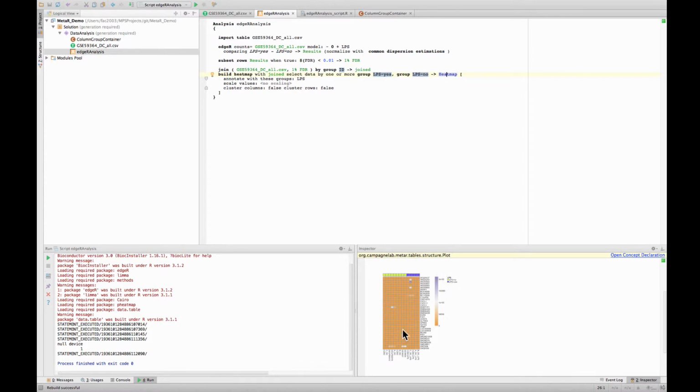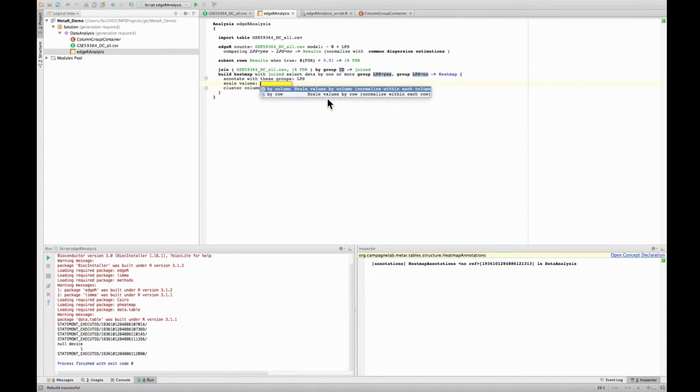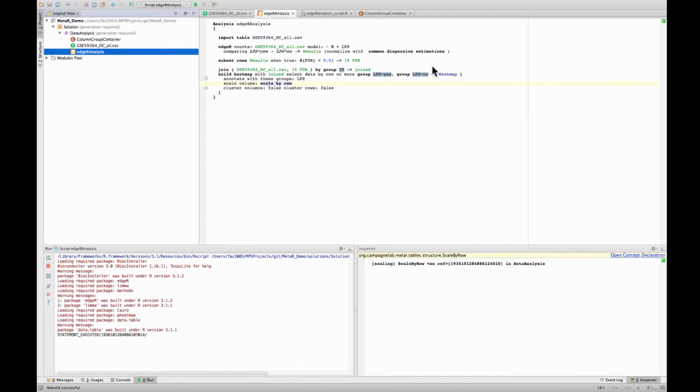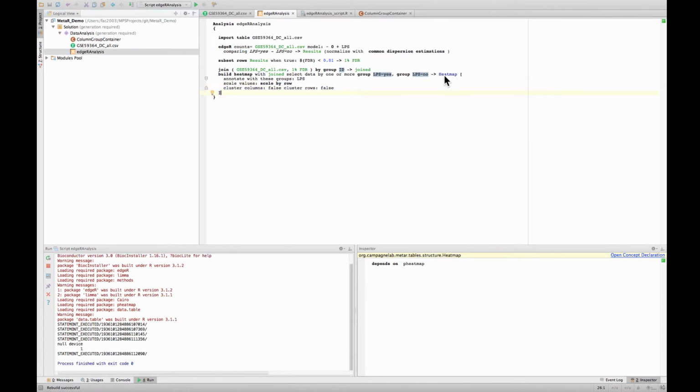So we can't really see much in terms of differences, and the reason is that if you look at the legend, those numbers are fairly big. So we actually need to scale the values to make it possible to see small differences in fold change. So we scale by row, and the rows are genes in this case. So we're going to scale within a gene to make smaller differences easier to see. So we rerun again. When the execution is finished, you will notice that it's actually much easier to see differences between